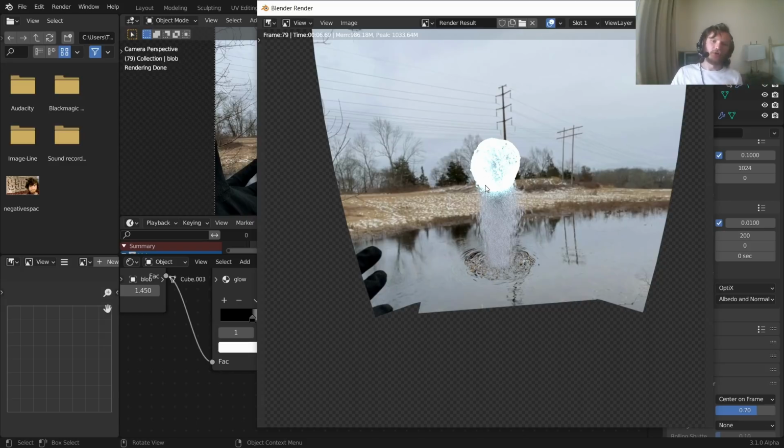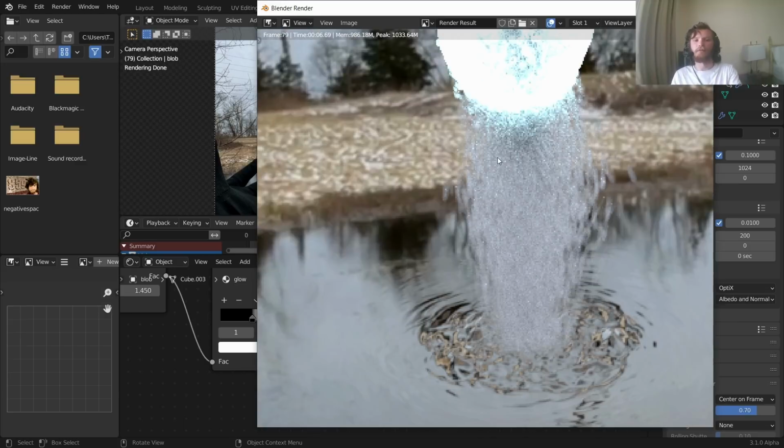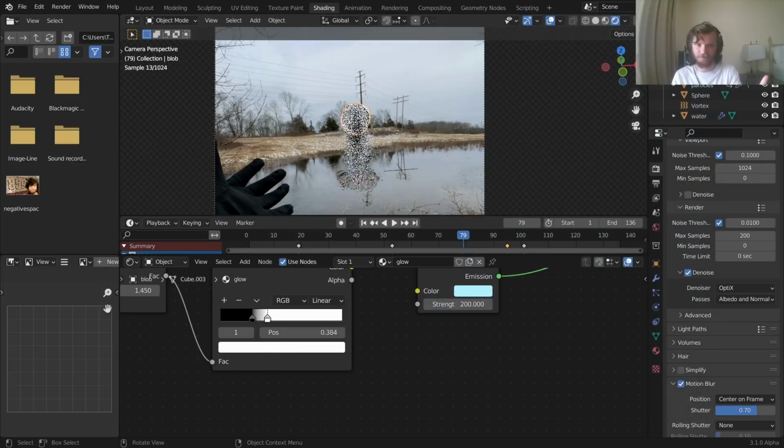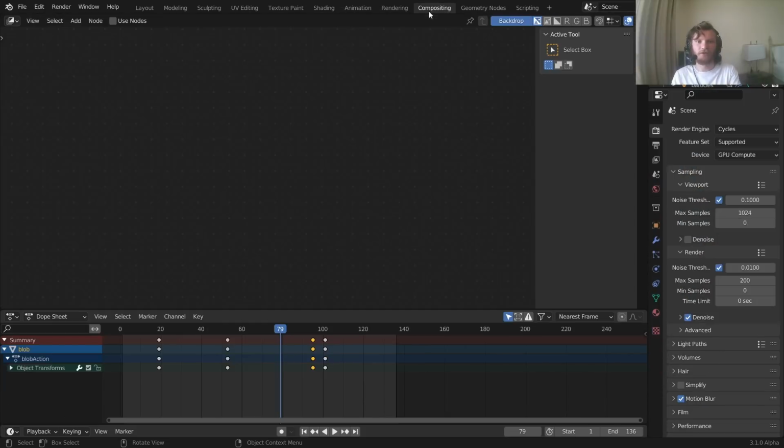So again, the motion blur is a big part of this, and I would recommend playing with the glow a bit more to see how much of a cast you want. This would be a cool time to use caustics, but forget that. I'm going to go to the compositing,